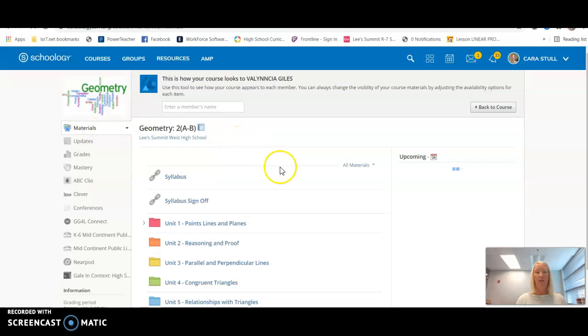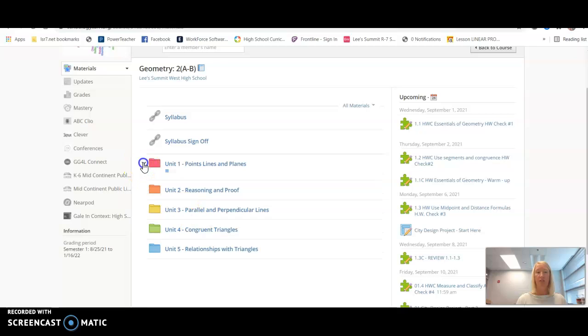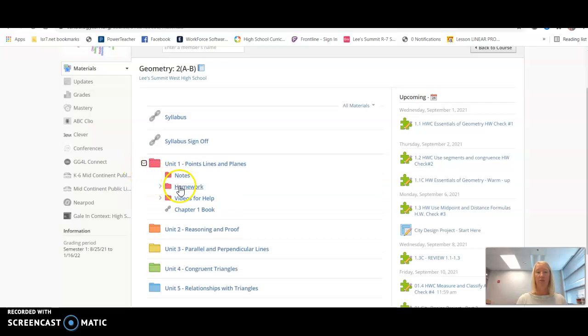Quick info on how I set up my class. I will have a folder for each unit, and within that folder, I will have a notes folder, a homework folder, and a videos for help folder. Notes, this folder will contain filled out notes, so if your son or daughter is ever gone. This folder has any homework assignments, and this folder has either videos of me completing the lesson, so if they're